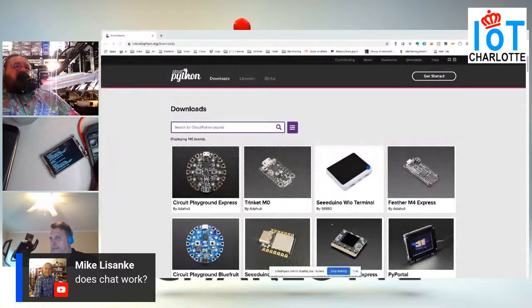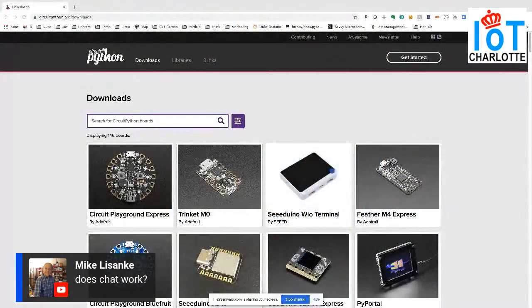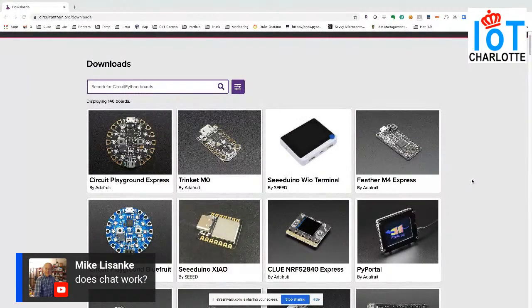They have a number of boards available, and you can see Seeed has come out with a couple different boards. This is their new YO terminal, although Bluetooth and Wi-Fi isn't supported here. The M4 Express is about their flagship. It's the fastest of the boards, and then the Trinket M0 and the Circuit Playground Express. Those boards themselves are pretty capable, but just a lot slower.